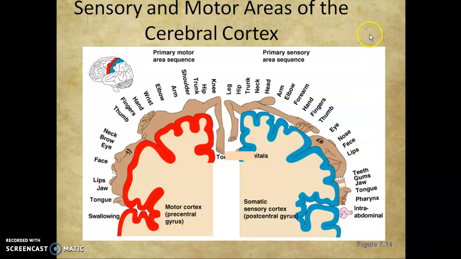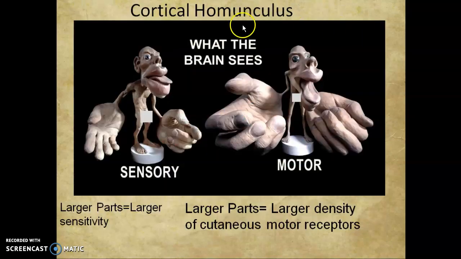Okay. The one that is way weirder, but to me I think makes a little more sense, is when we look at the cortical homunculus model. So this very strange looking human being with the abnormally large hands and mouth, okay, basically says that the larger that particular body part is on these models, the larger the sensitivity or the larger the amount of motor neurons there are. Okay, so for example, like your hand, the hands here, the lips, the tongue, the nose, the face,